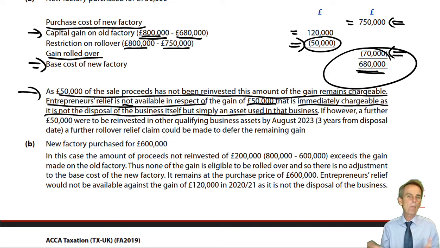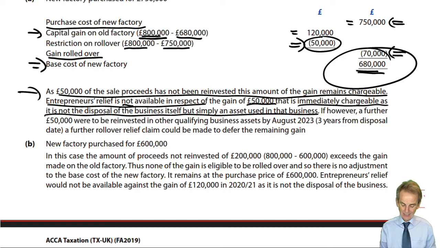But although we call it replacement of business assets here, I said to you at the very beginning, all that matters is that we reinvest in any other qualifying business assets. Now, the only ones we're likely to see here, you remember the list, were property, land and buildings used within the trade. There was also fixed plant and machinery. But that has its own separate rule that we'll see a little bit later on, so far as this area of our syllabus is concerned.